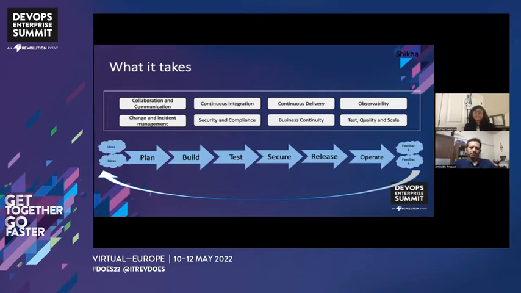SaaS can be running in a single region, and when running in a single region, it can be in multiple zones. That assures that if the region doesn't go down, the service is available 24/7, assuming all the other characteristics of SaaS are available and stable. But if the region goes down, then what happens to the service? That's where a lot of the disaster recovery topics come into play. And if you're running your service in a region with a single zone capability, then you have to worry about disaster recovery as well. And test quality, scale, all of that is critical as well for the SaaS as the SaaS gets provisioned and launched.